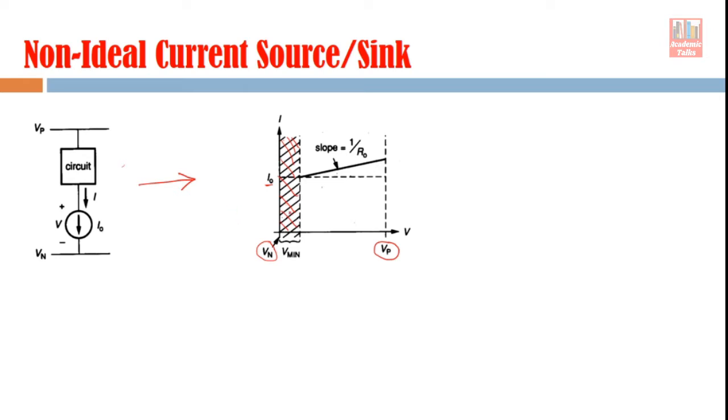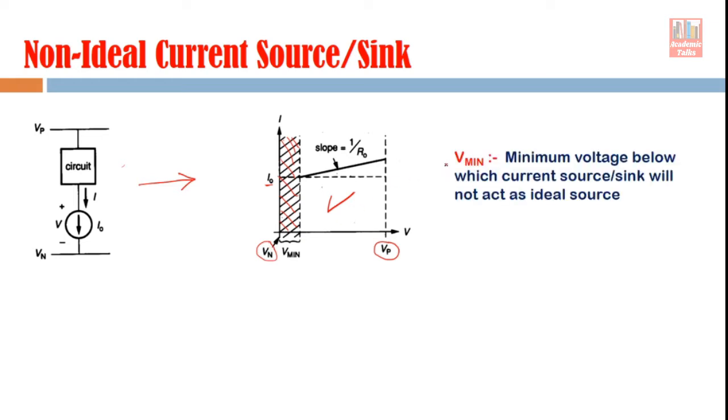So here in the characteristic curve, the shaded portion is the portion where the circuit is not acting as a good current source, or you can say the current changes with voltage, that is happening here. Beyond this, in this part, it is acting as a current source or a current sink. But within this part also, you see, this curve is not perfectly horizontal, but we will discuss it later. First, let's understand that there may be a range of voltages for which your circuit is not acting as an ideal current source or as a good current source.